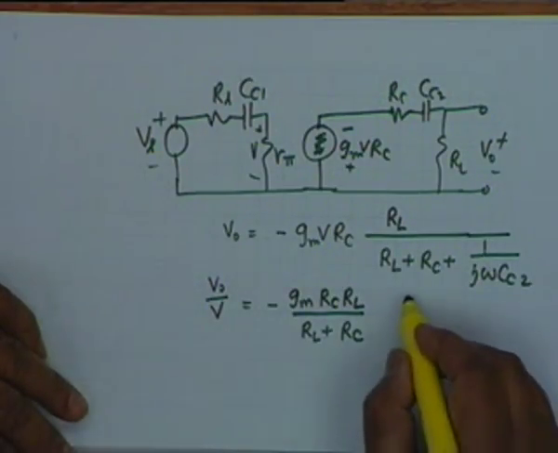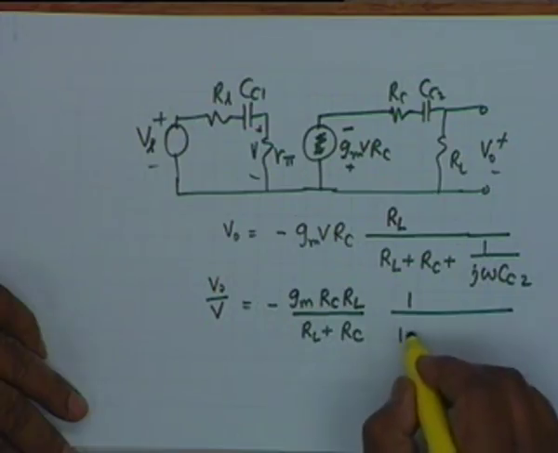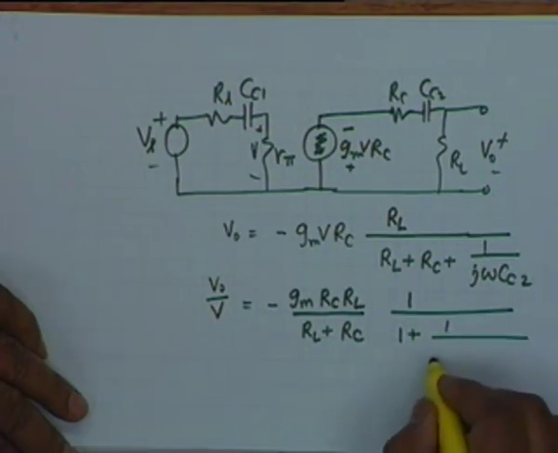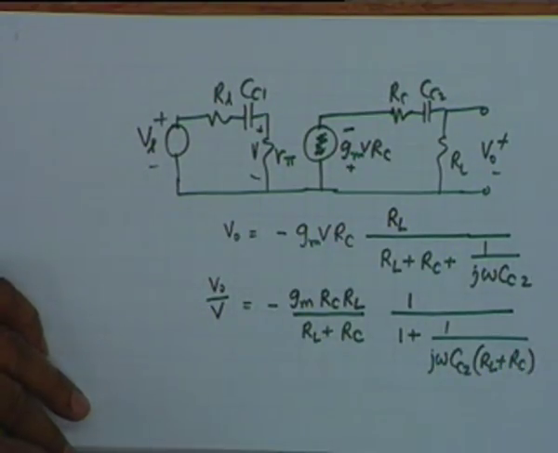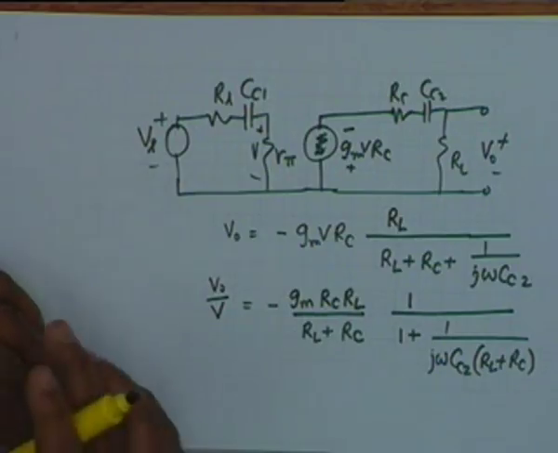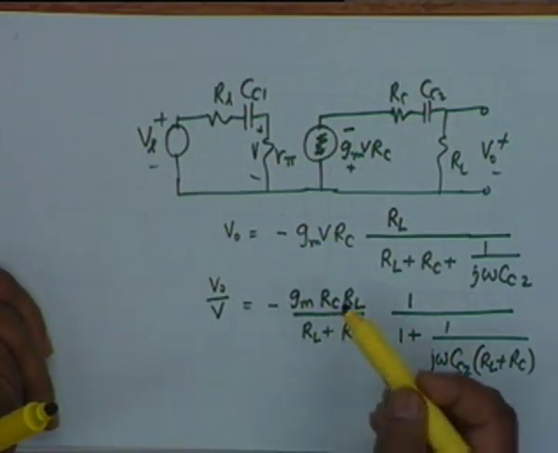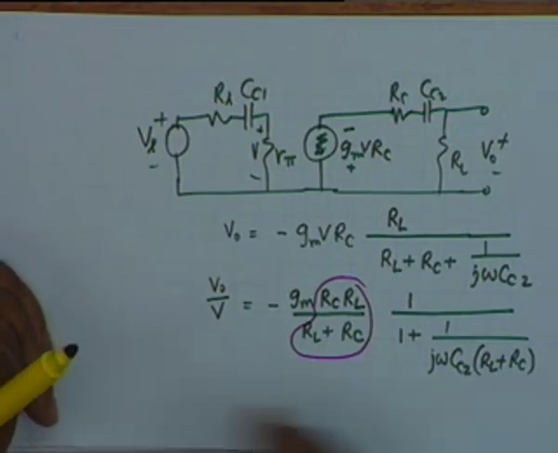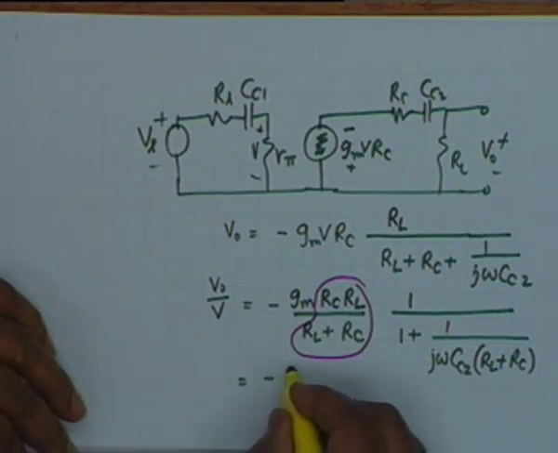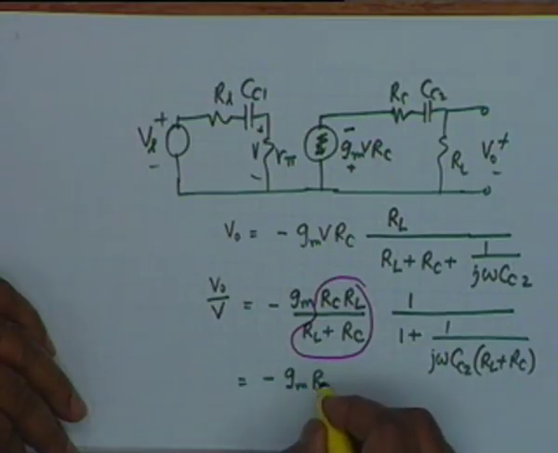All right. Then I get 1 by 1 plus 1 over j omega CC2 times RL plus RC. Is that all right? Now, don't you see that this is simply the parallel combination of RC and RL? And therefore, I can write this as minus GM R0